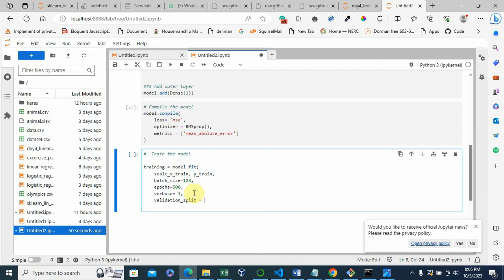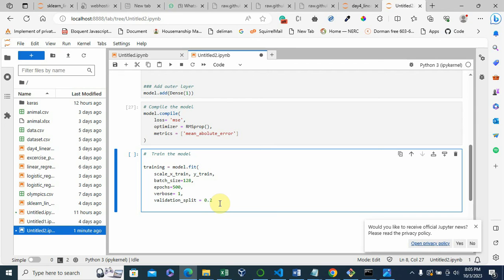If you say this equals 0.3, for instance, it means that you are using 30% of your data set for testing and 70% for training. Then if you say 0.2, of course you're using 20% for testing and 80% for training. So you can have that set out.